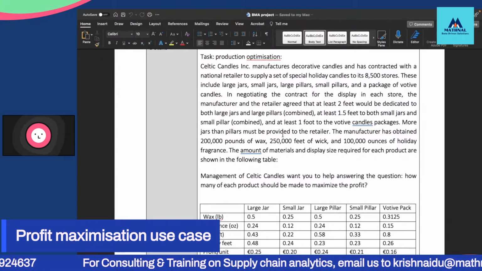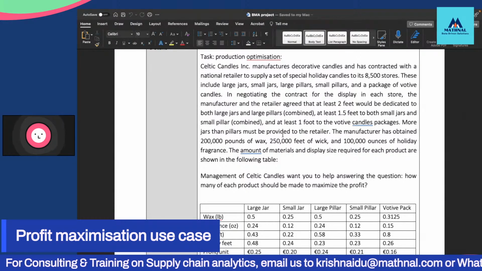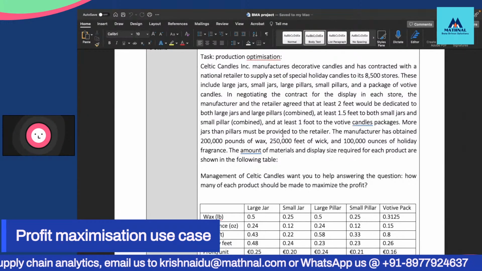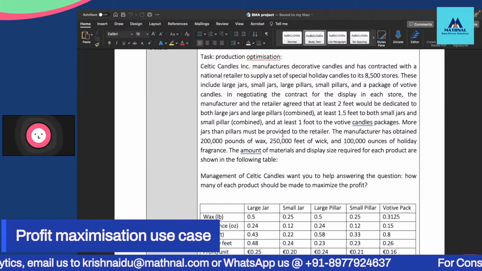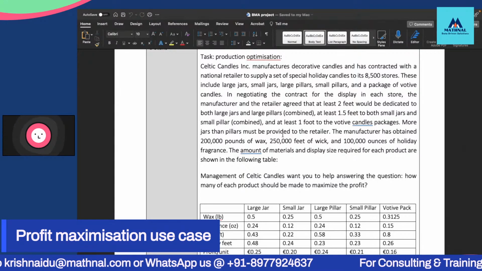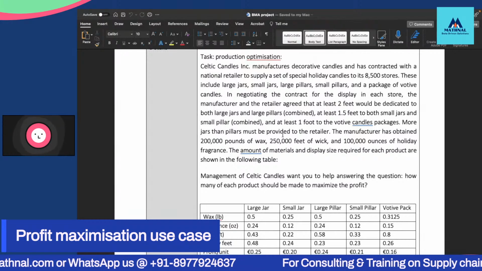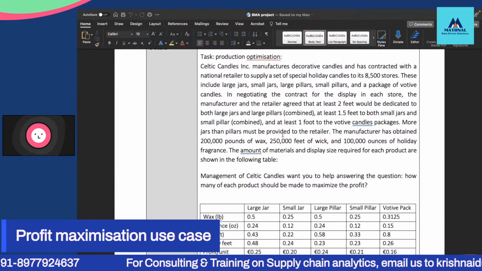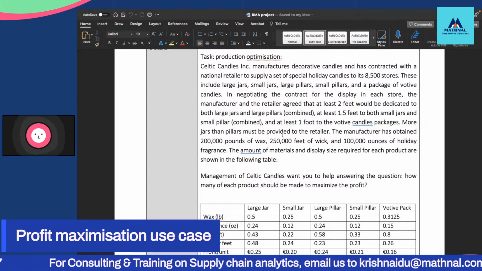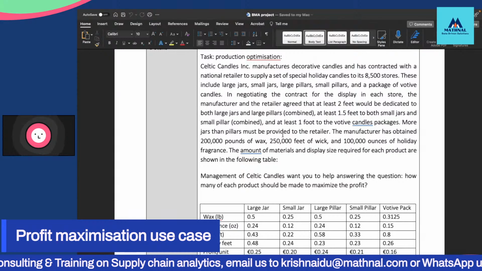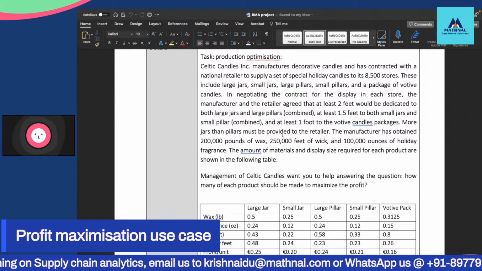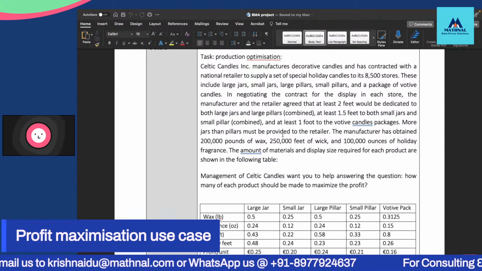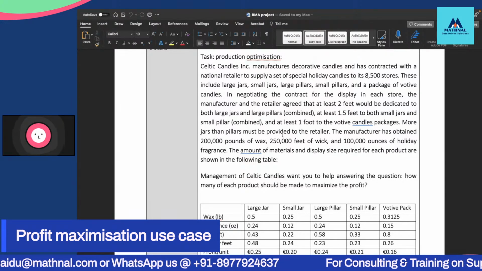This is a company, and as I mentioned, we have to do production optimization, and the production optimization is done with profits in mind. So we say that if you are able to achieve a good profit from our plan, then we have optimized our production. Generally, manufacturing firms have to prepare a plan for production, for a week or for a month or for a quarter, right? So they have to make a plan.